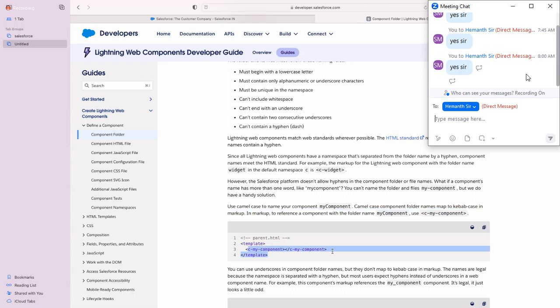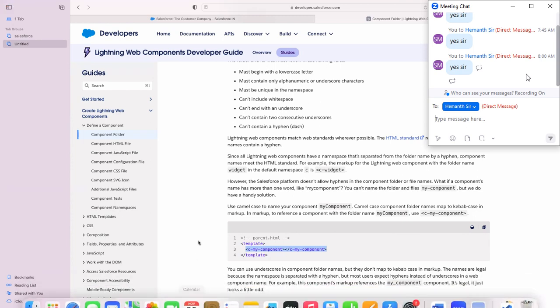See, the point is, I have written a component, a folder like this. I want to refer to this folder inside my HTML. If I want to refer to a folder inside my HTML, then I can write like this directly, so it will understand. But there, if you put an underscore, if you can see,